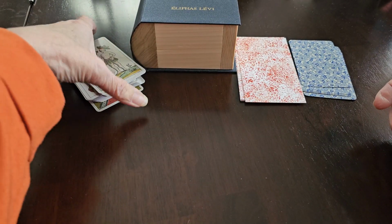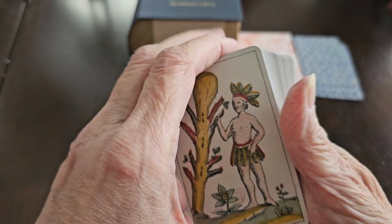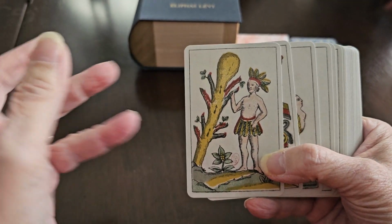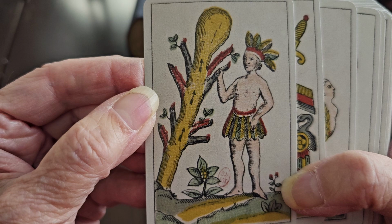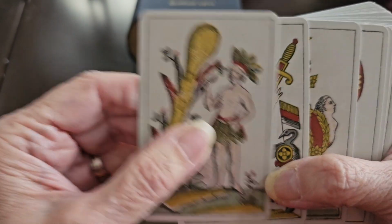However, since I bothered to buy the deck just to see what it was about, I thought I would show you. Now, bear in mind, this is not as prettily printed as the one in Marco's deck, but I just thought that the images would have value. So we have a youth of Batons,